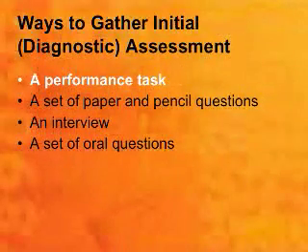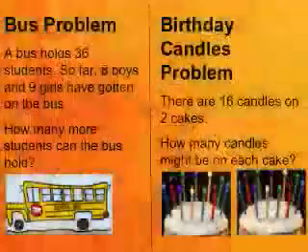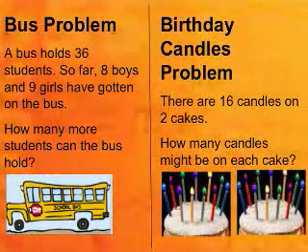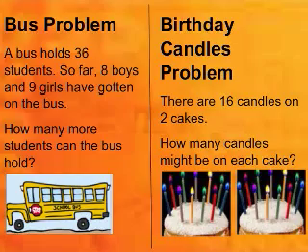So I'm going to start with a performance task and give you some ideas of some options that you could use. And at the same time that we do that task and I give you those options, I'm going to kind of introduce you to the idea I mentioned earlier of using parallel tasks. So what I might do is post 2 problems for kids to consider on the board or on chart paper. And I might even say pick one of those problems to try to solve